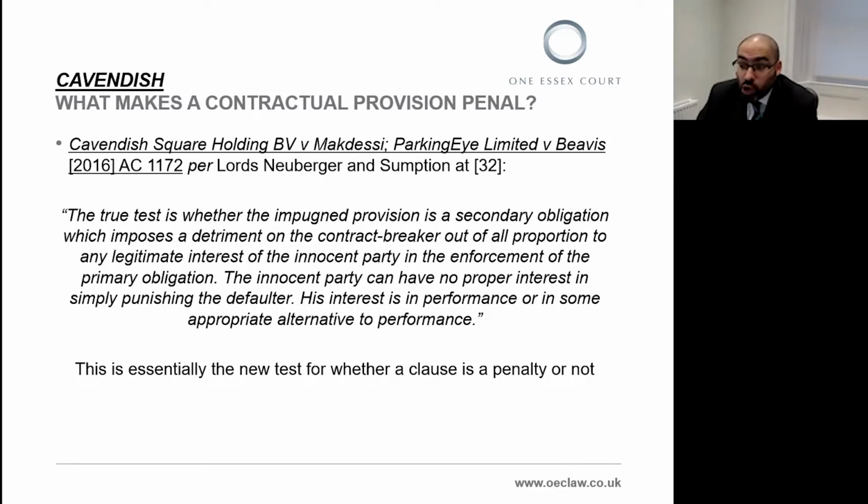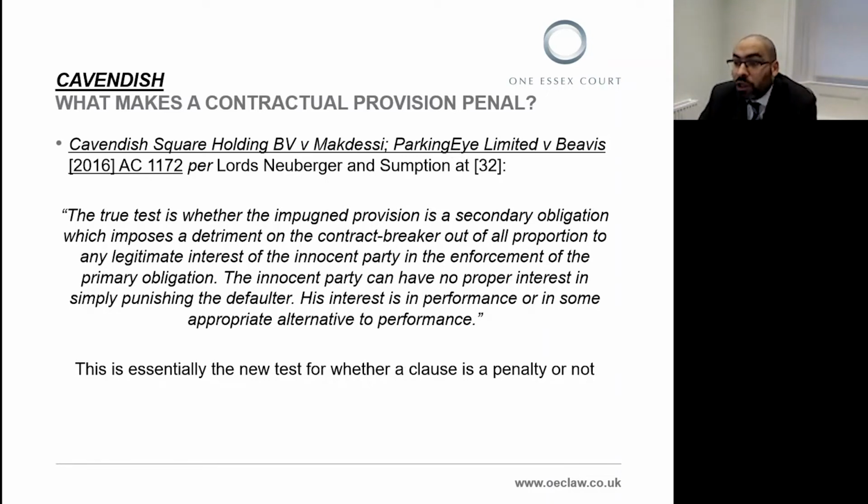The fact that the clause is not a pre-estimate of loss does not, therefore, at any rate without more, mean that it is penal. The question whether it is enforceable should depend on whether the means by which the contracting party's conduct is to be influenced are unconscionable, or, which will usually amount to the same thing, extravagant by reference to some norm. Then paragraph 32, which you can see on the screen and is the most important part of this judgment.